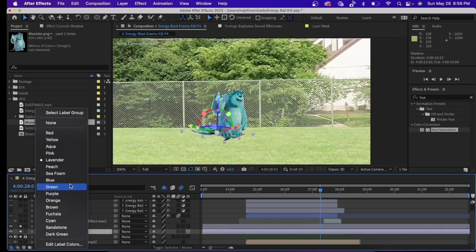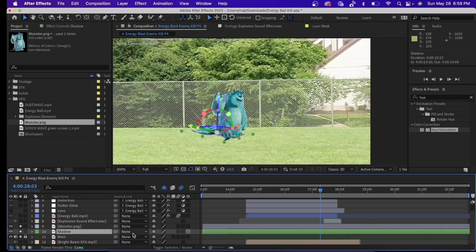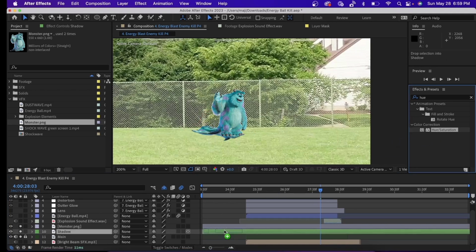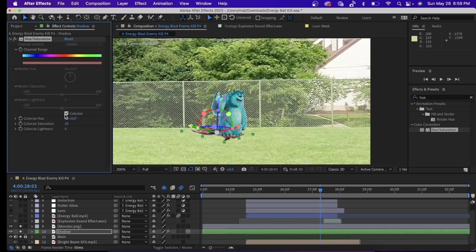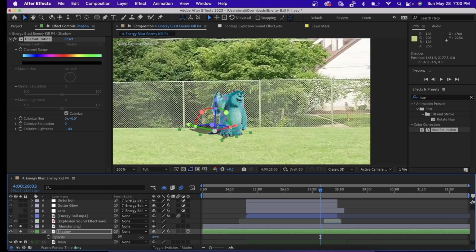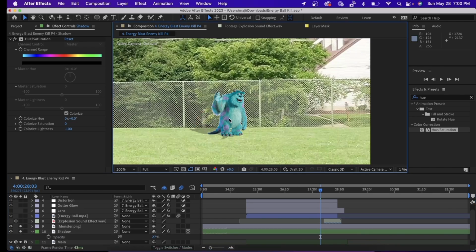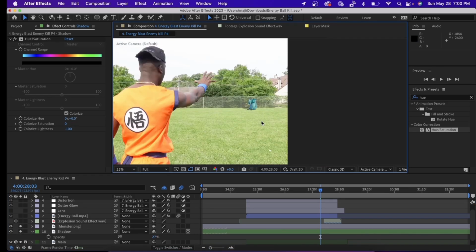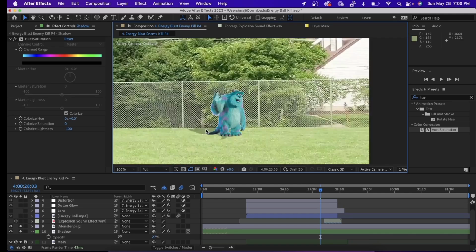Change the color of the shadow to maybe a green color, that way we know it's a shadow. Come over here to the Effects and Presets tab, click on Hue/Saturation and drag it to the shadow. Click on Colorize, decrease the saturation to 0, and decrease the lightness to 0 as well, so it allows our shadow to be black. Press T on the keyboard and decrease the opacity to maybe like 28,